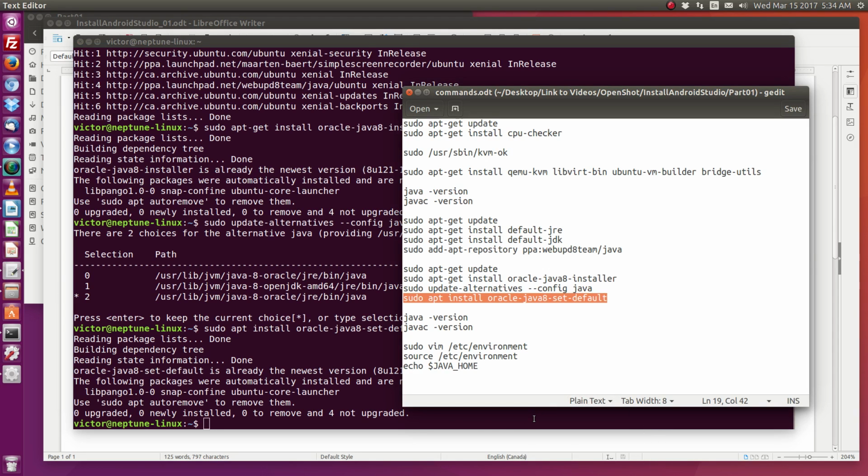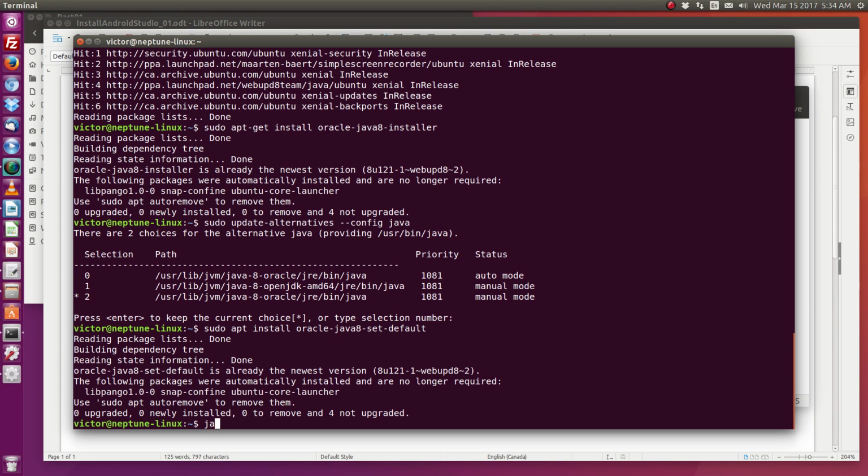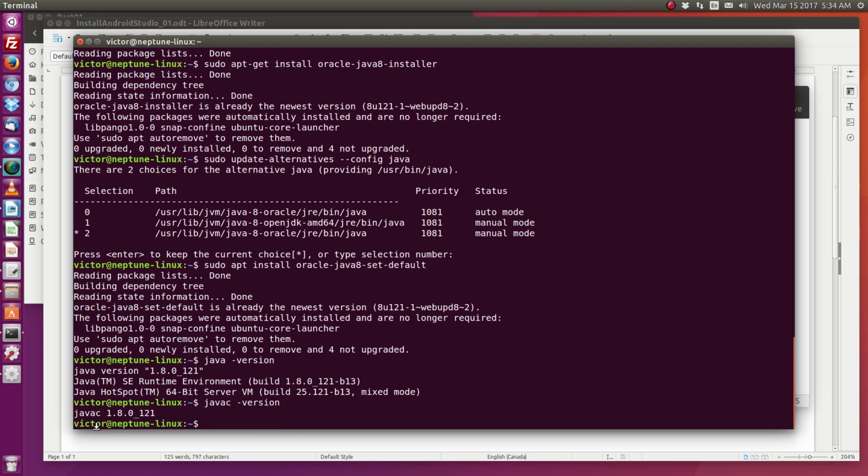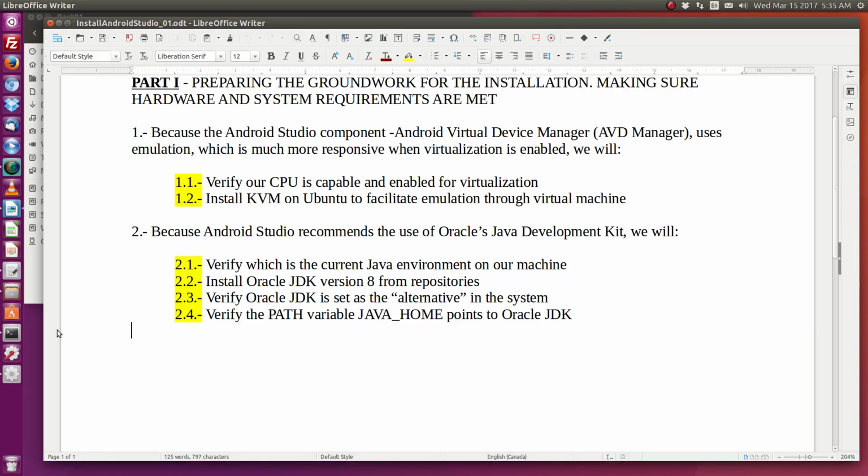Now we can issue this command to verify what is the Java version in place, and it's the 1.8 version. We can also verify that we have the same compiler, and it is. Good. So that has been the installation of Java 8, Oracle Java 8,